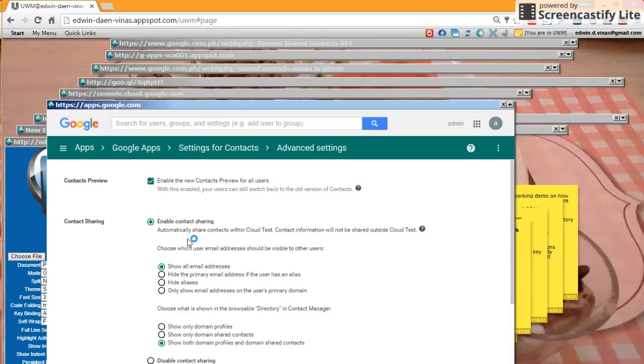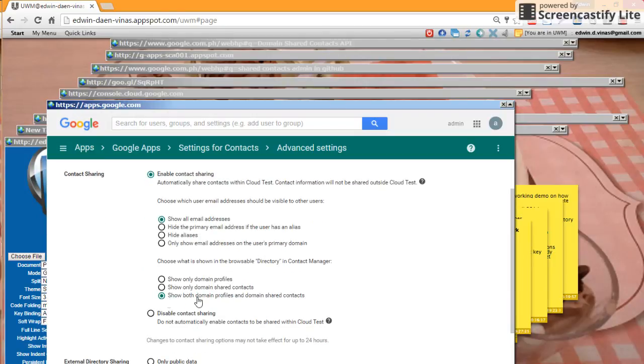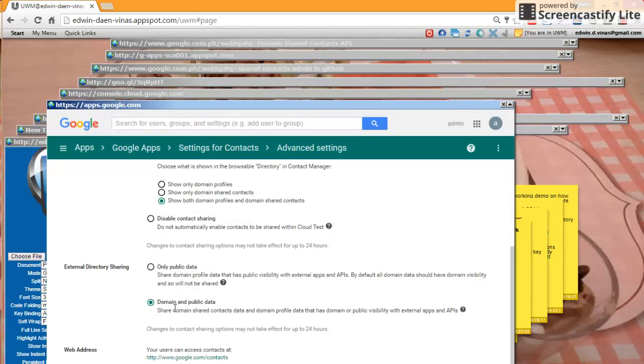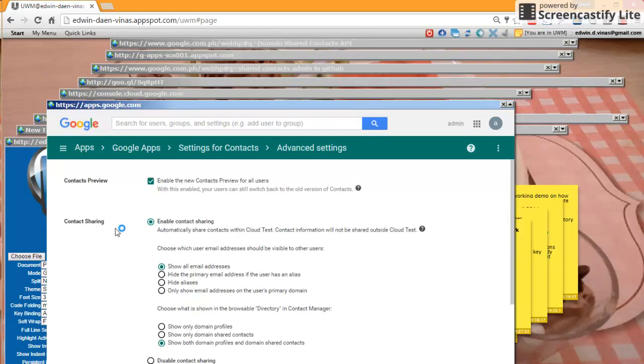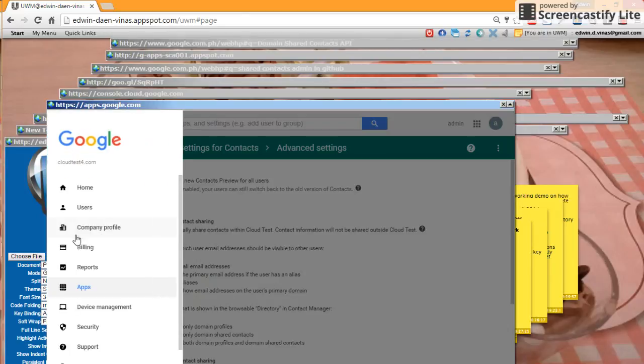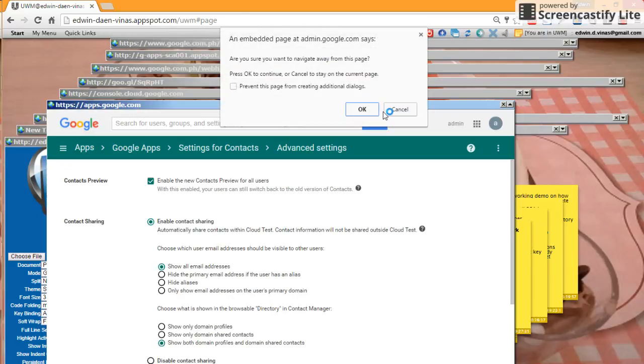the contact sharing is enabled, and show all email addresses, and then show both domain profiles and domain shared contacts, and domain in public data. So this will be published in our external directory. So now that's done, we're going to